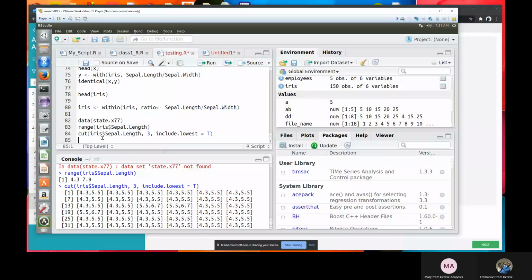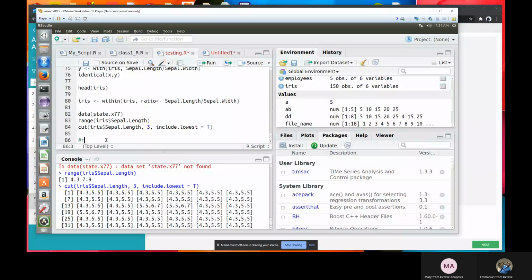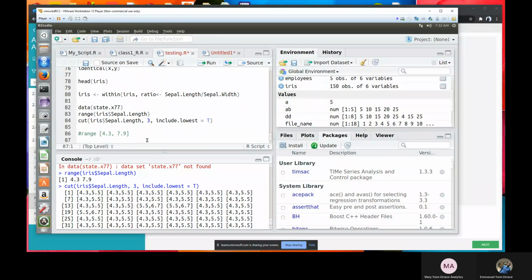If you look at the three categories, first of all, this is the range of our sepal length. The lowest is 4.3 and the highest is 7.9. What it does is create three intervals, starting from 4.3.